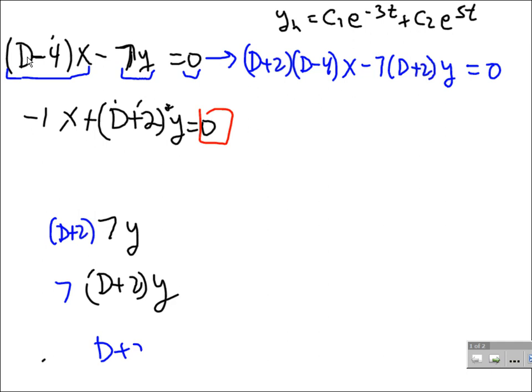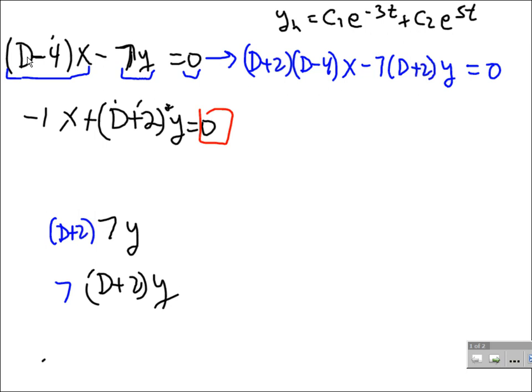So if we do d plus 2 of 0, we're going to get the derivative of 0, which is 0, plus 2 times 0 is 0. You're going to get 0. Any differential operator on 0 will give you 0. And for the second equation,